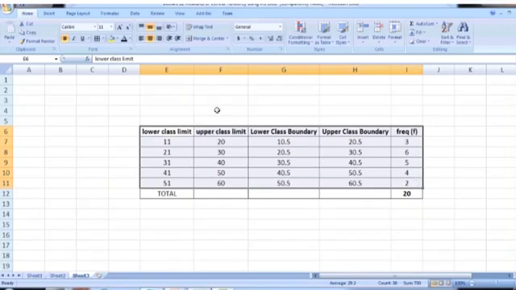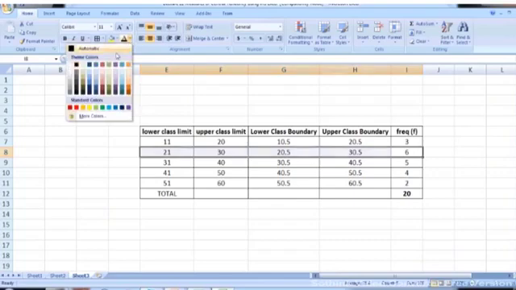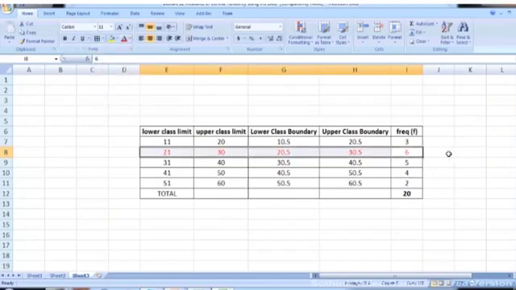In order to calculate mode, first we need to observe the modal class. Remember that mode represents the most frequent value. So it means the modal class will be the class with the highest frequency. In the frequency column, just look at the maximum frequency. The maximum frequency is 6. So this is our modal class.